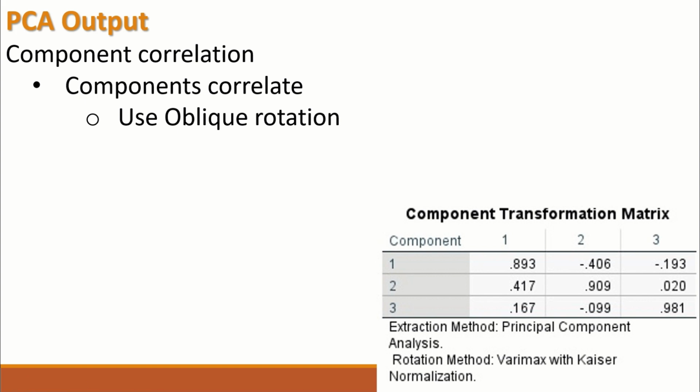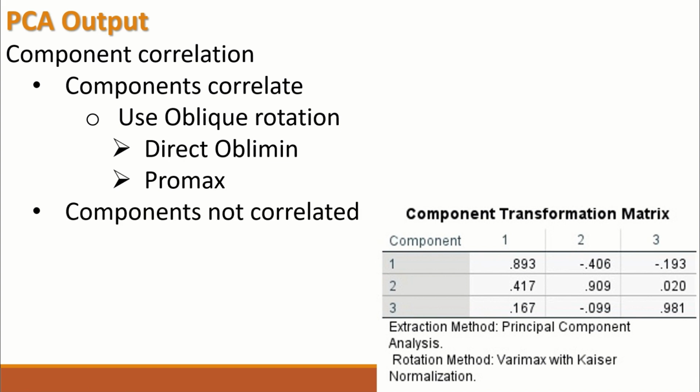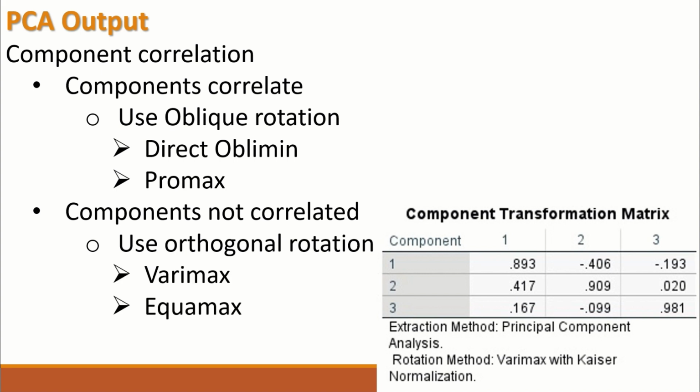Then use oblique rotation, whether it's direct oblimin or promax. When the components are not correlated, then use orthogonal rotation, such as varimax, equamax, and so on. And how do we determine the cutoff point for correlation or no correlation? A value of correlation between 2 components of greater than 0.32 indicates